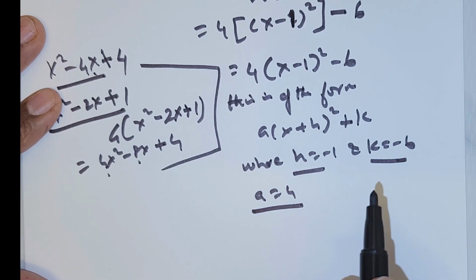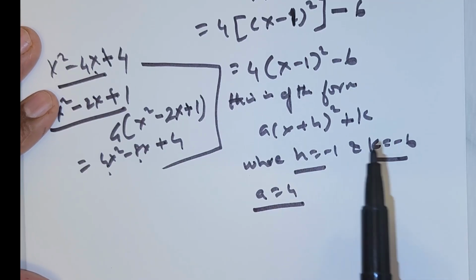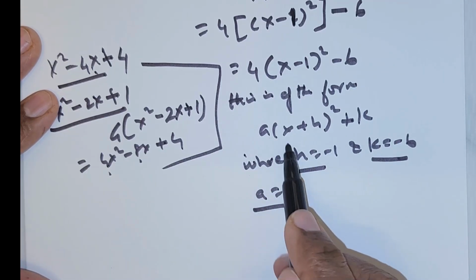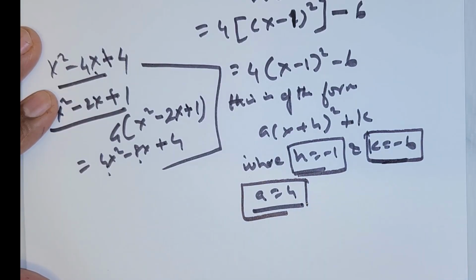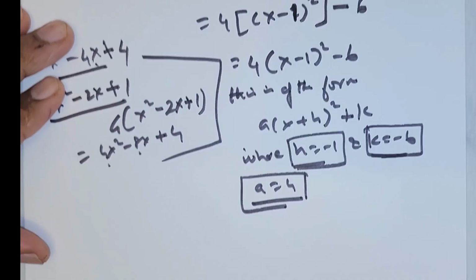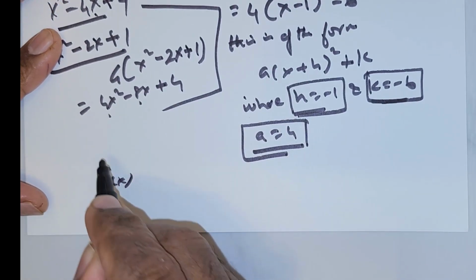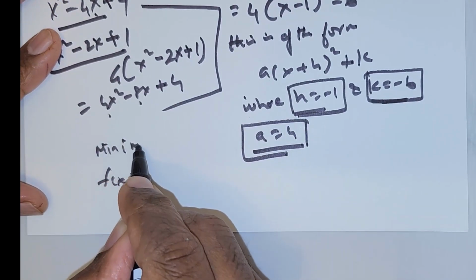So all these values are extracted if in case they are asking us to obtain this value. Okay, so that is the solution for this question. Let's move on. Now the next question wants us to find the minimum value